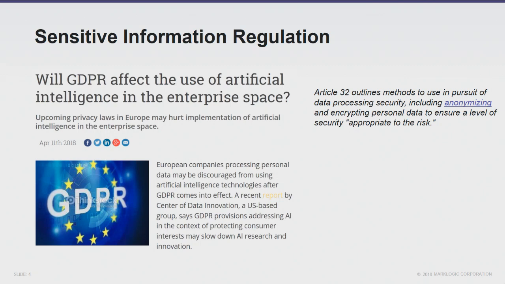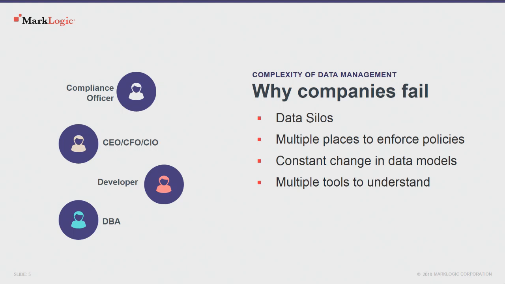So why do companies fail? First, data silos. That was precisely the case of Equifax. They had the same information across many databases. And once you have multiple data silos, you have multiple places to enforce security. And as we saw this morning, if you have many ETL tools transforming data, and the schema keeps changing, it's really hard to keep enforcing security in a standard manner. And then there are the different database tools, all the tools that you have to learn